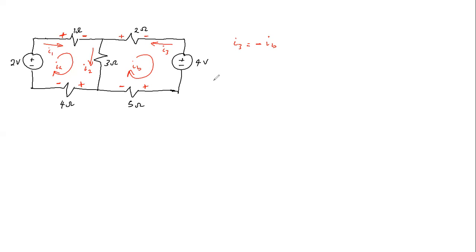So the next thing is to write KVL around the meshes. So KVL at mesh A, this mesh. So we have negative 2 ampere, current moves into the negative here. So negative 2 volts rather. Let's take that V off it. Then plus 1 times I1, IA rather,